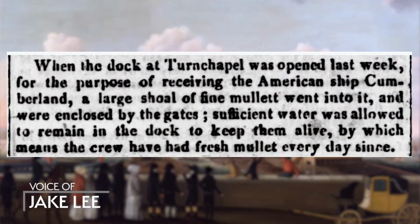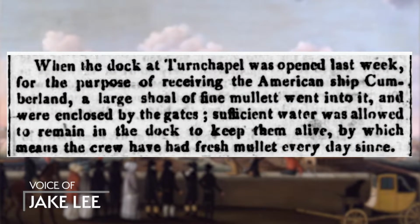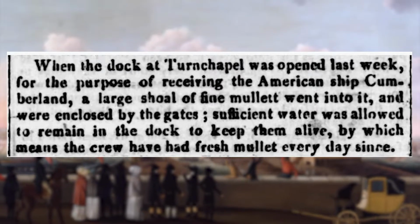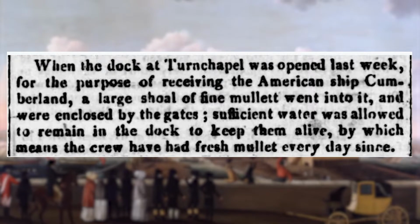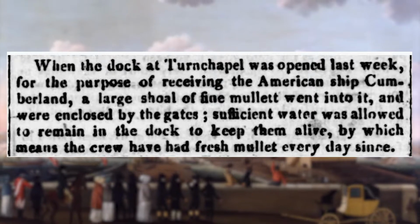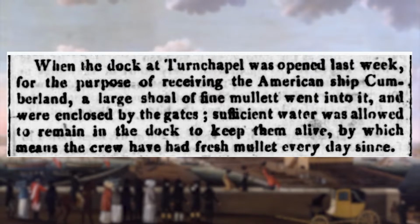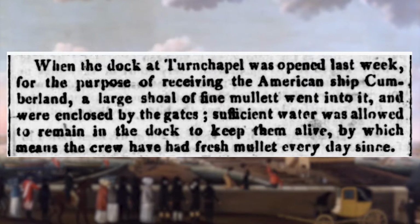When the dock at Turnchapel was opened last week for the purpose of receiving the American whaling ship Cumberland, a large shoal of fine mullets went into it and were enclosed by the gates. Sufficient water was allowed to remain in the dock to keep them alive, by which means the crew had fresh